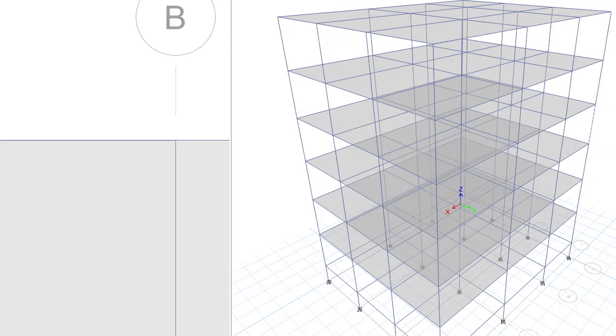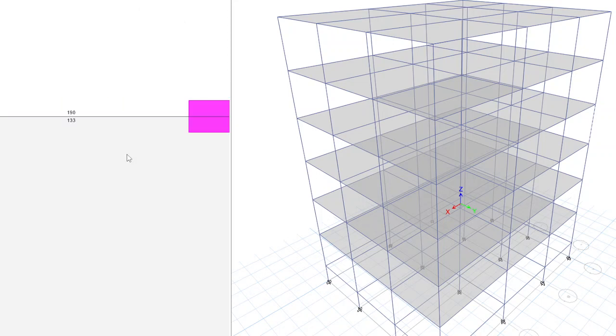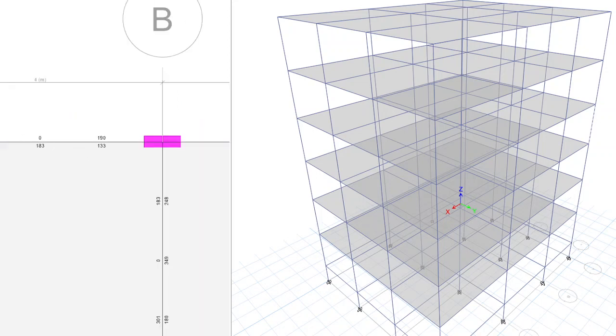So 3 values above the beam and 3 values below the beam. It indicates top steel and bottom steel for the beam.